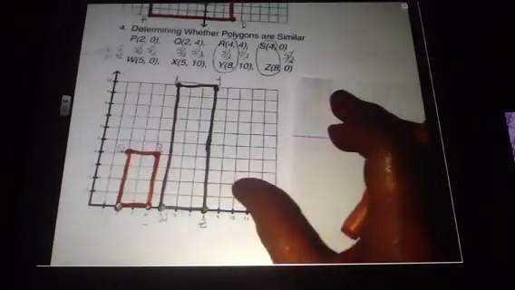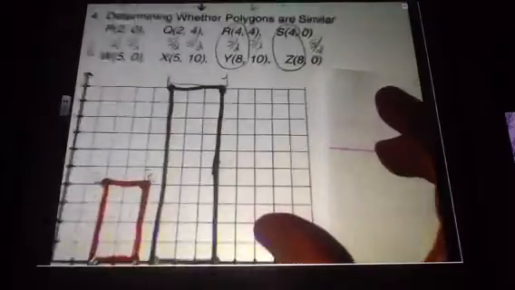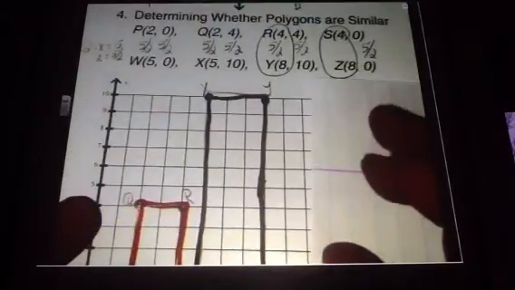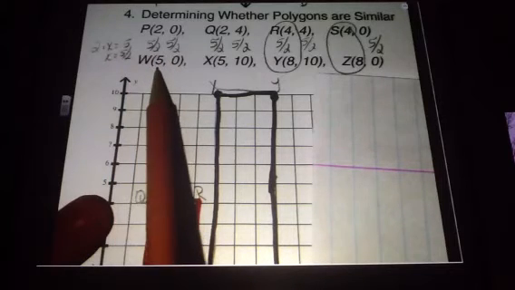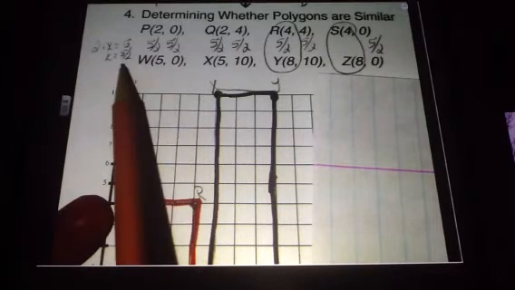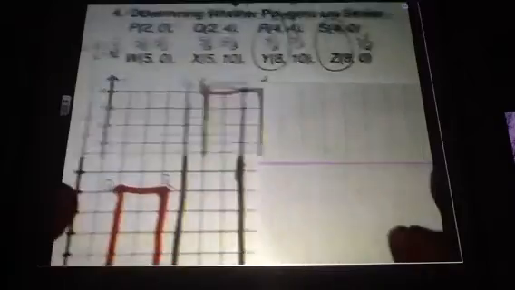If you can't figure that out, right here on the side, I take 2 times what, and it gives me 5. Solve it like an equation, so I get 5/2. So now I need to apply that